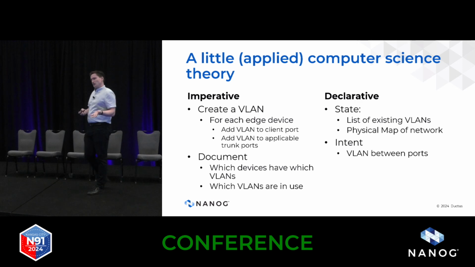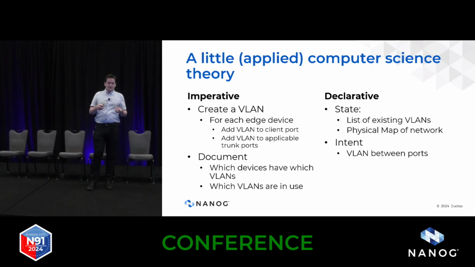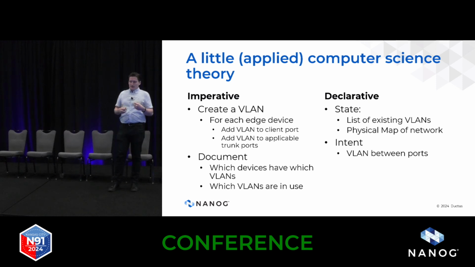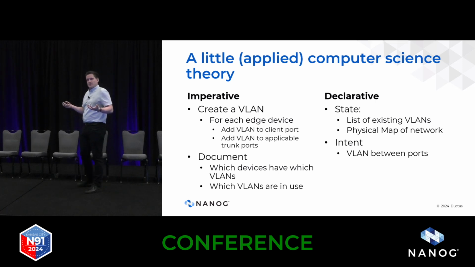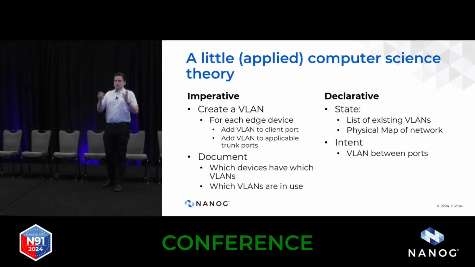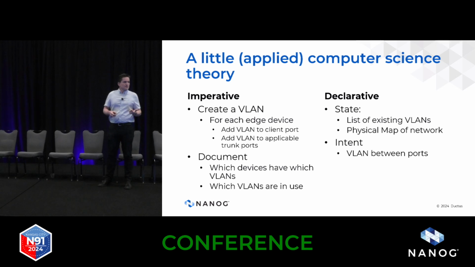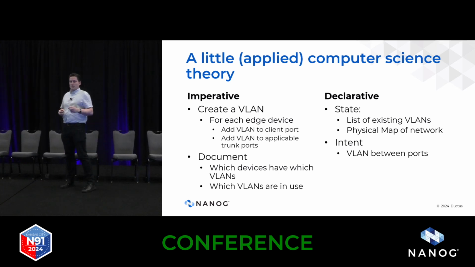And then theoretically, we're going to want to document this, right? Because otherwise there's a VLAN on our system, but we don't really know why that VLAN is supposed to exist. It's just configuration on devices. So we should probably document what our intent was somewhere. That could be as simple as saving the script that we used in Git, or saving the arguments, or it could be an Excel spreadsheet, who knows. But somehow you should have that documented.